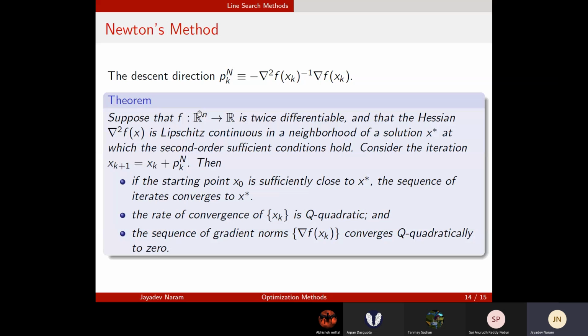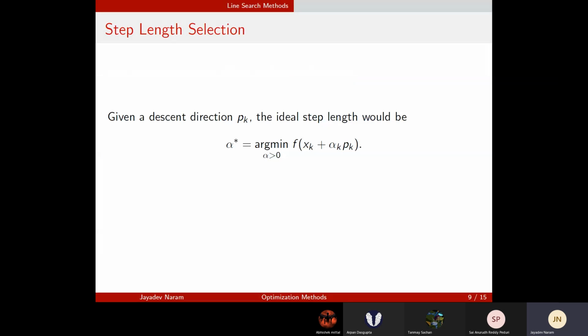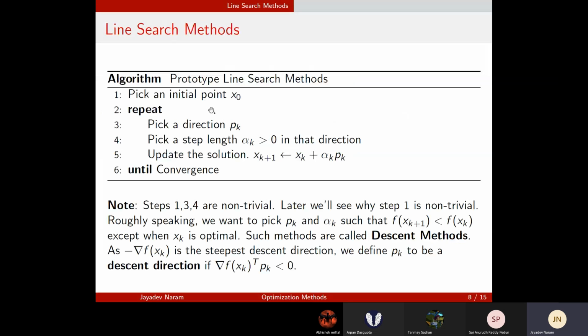Essentially, if you now look at line search methods, first of all, in some cases picking the initial point itself will be a very important thing. But